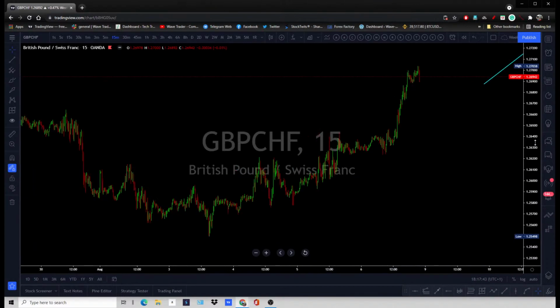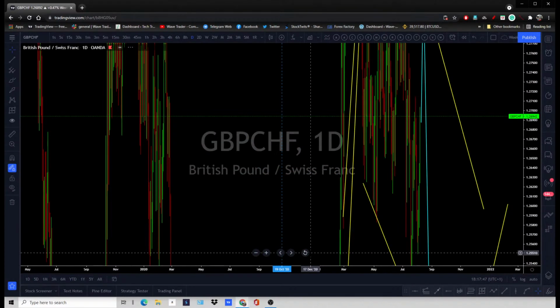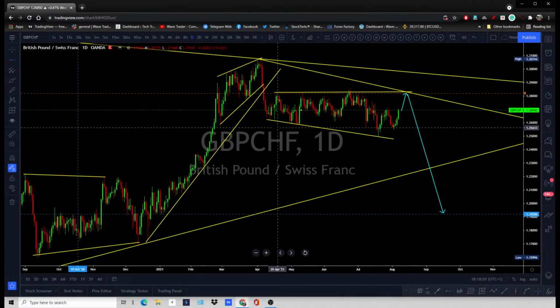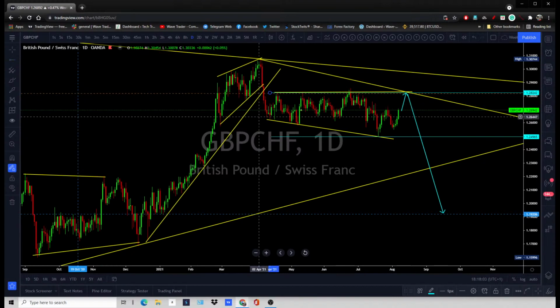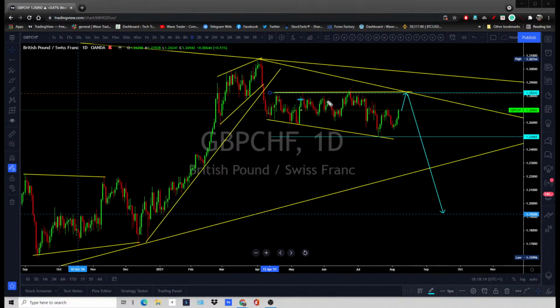Let's just keep it simple. That expanding triangle formation is set to drop for the longer term. Don't trade within these ranges in either direction. Wait for the price to hit the bottom to buy for the short term, or hit the top to sell. Don't trade within the sideways market in either direction.